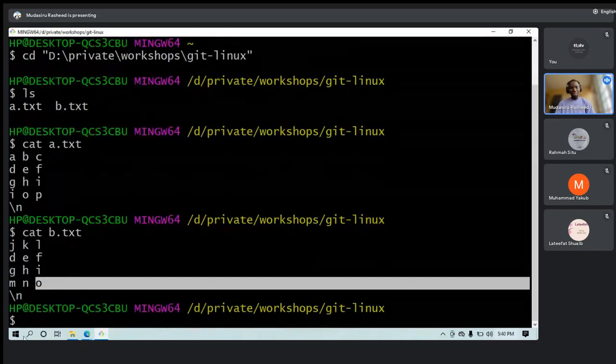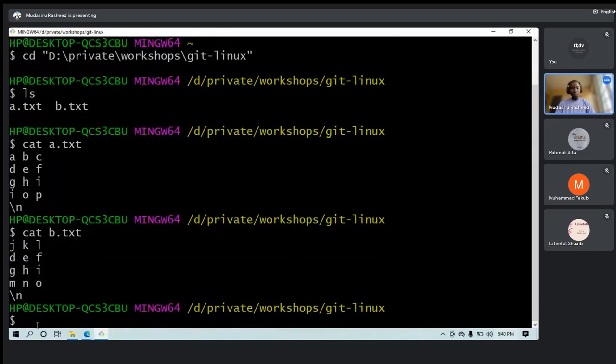So the command we want to practice here is the diff command. We want to see the difference between these two files, A and B. So we just put diff, which is difference, then the name of the first file and the name of the second file, b.txt.